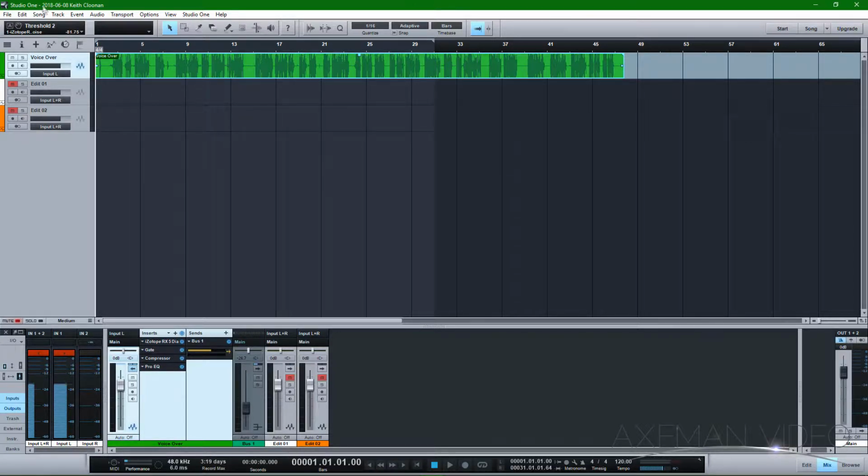I think they're all the way up to, I want to say this is Studio One 2, and I think they just released Studio One 4. It's a PreSonus product, developed by PreSonus, and it is absolutely fantastic. Highly recommend it. Today I'm going to be editing this voiceover right here,